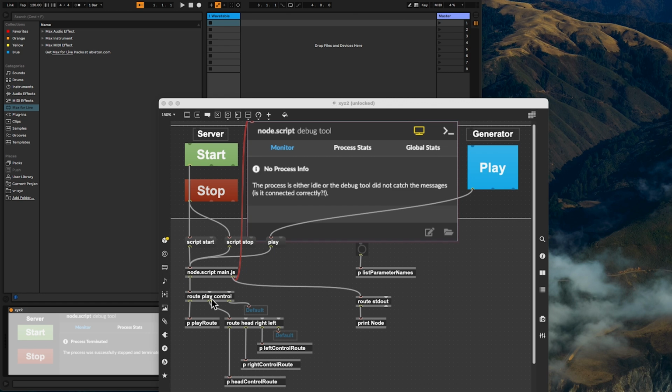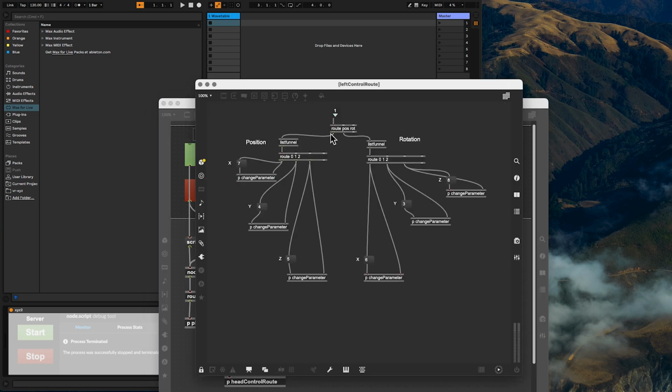There's 2 options, either play a note or do a control parameter change. For parameter controls, the control goes down to the second line here, and then it routes it by whether it's a head or right or left control, and then that goes into one of these. Each one of these is identical, so I'll just show you this left one here. It then routes it by position or rotation. So over here is position, over here is rotation, and these values that get sent in get mapped over to here, and then these numbers here by X, Y, and Z and X, Y, and Z,